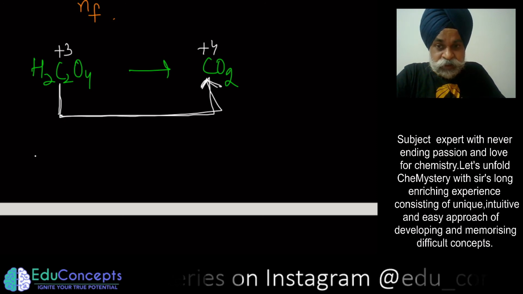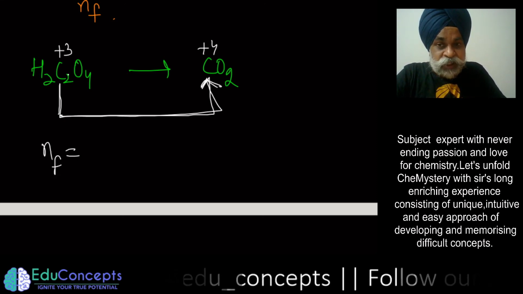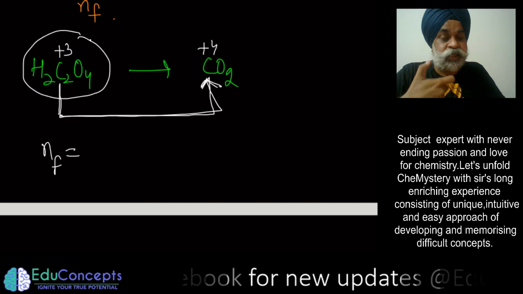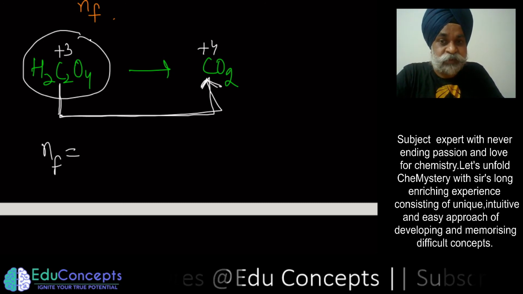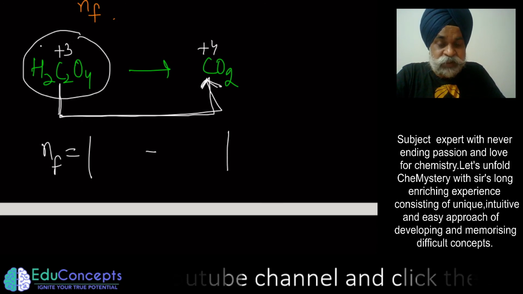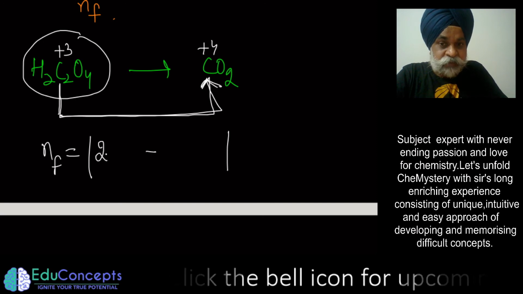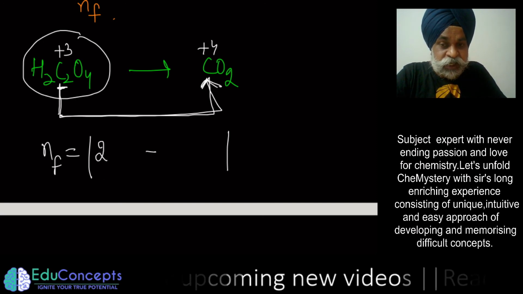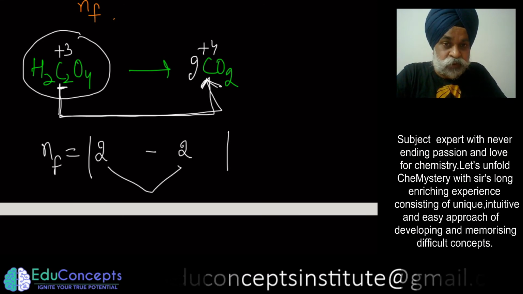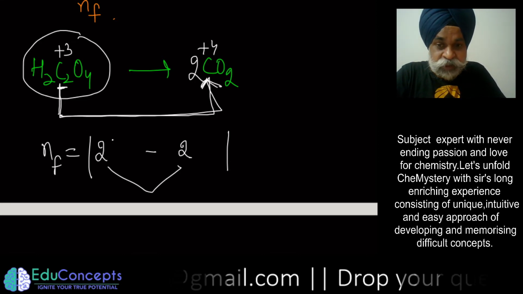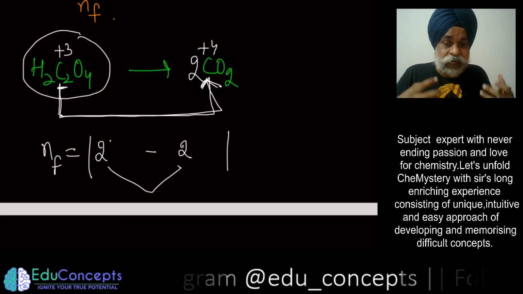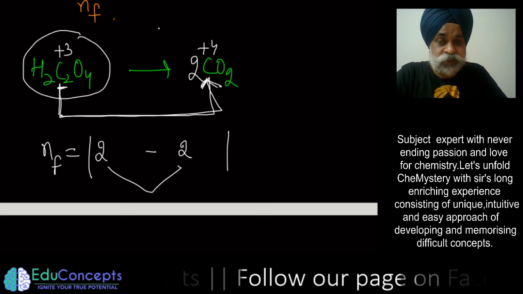So one way to do it without balancing is that आपको ये देखना है जिस एलिमेंट की ऑक्सीडेशन स्टेट चेंज हो रही है वो एलिमेंट उस कंपाउंड में उसके कितने एटम्स हैं, उसके एक मोल में कितने मोल्स ऑफ एटम्स हैं. So you have to take a mod, put a negative sign here. So 1 mole of this oxalic acid is containing 2 moles of carbon atoms. So if it is containing 2 moles of carbon atoms, during the course of reaction, this 2 would reach here also. Because when you balance it out, 2 has to come here because carbon तो दोनों तरफ बराबर ही होंगे. Because conservation of atom है, because atoms are conserved during the course of the reaction.